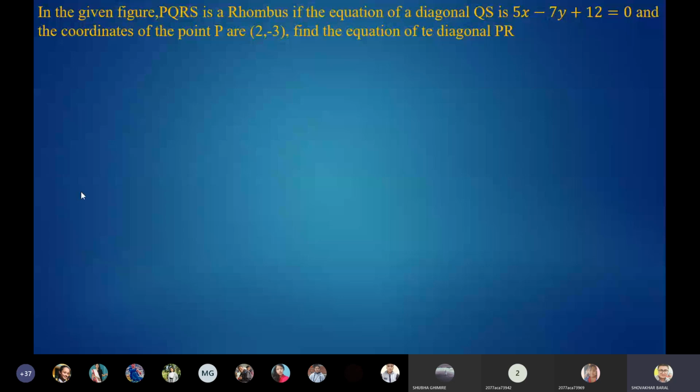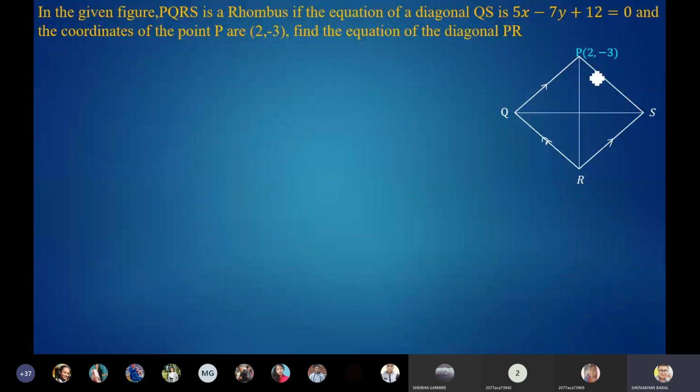So this is the figure. This is the rhombus PQRS. These two are parallel. Okay. This is rhombus PQRS. It looks like a square. I intend to make it a rhombus. Okay. Please suppose that this is a rhombus. There is a certain subtle difference between the rhombus and a square.